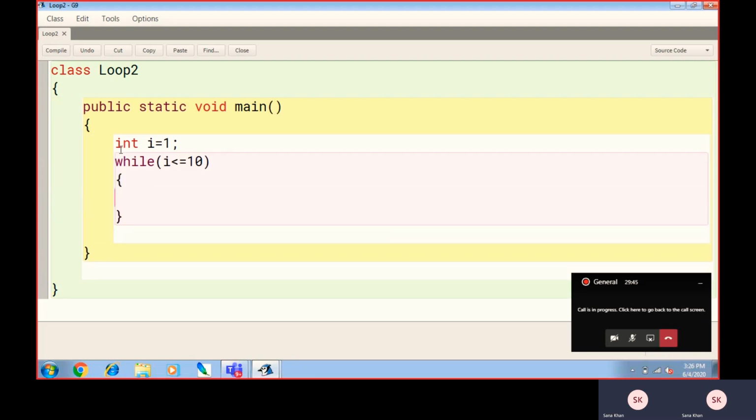What I'm going to do here, friends, is write a command to print hello world. System, we know System is written with a capital S, as it is the name of a class. System.out, you need to write out, is a stream. .println, you need to write println, is a function through which you can print hello world to the next line. So always remember that System is a class. That is the reason I have started with a capital S. Out is a stream and println is the name of the function through which I'm going to print something. ln stands for starting from the next line.